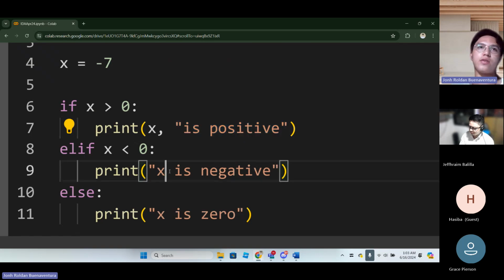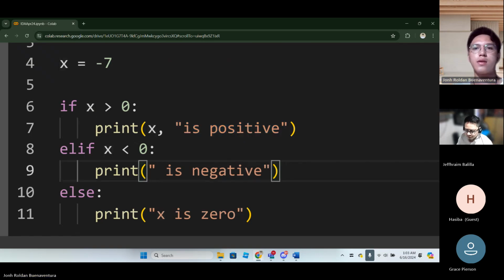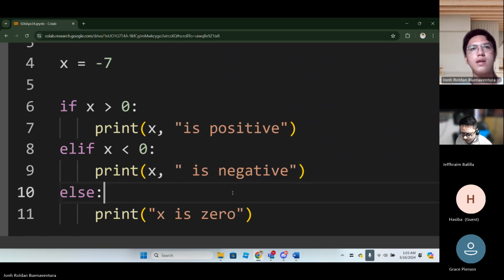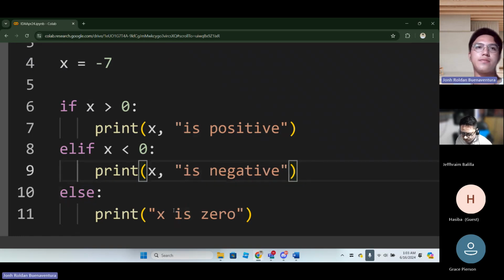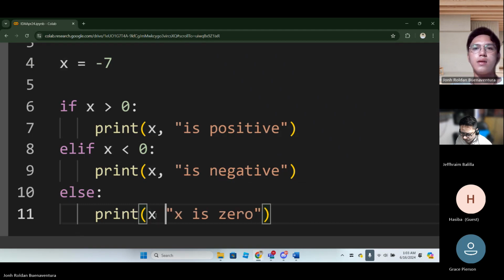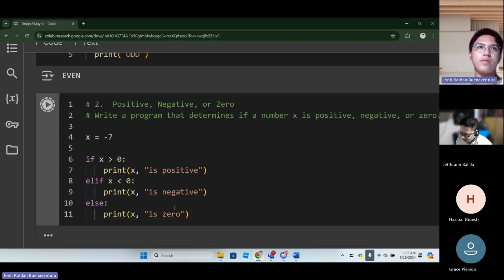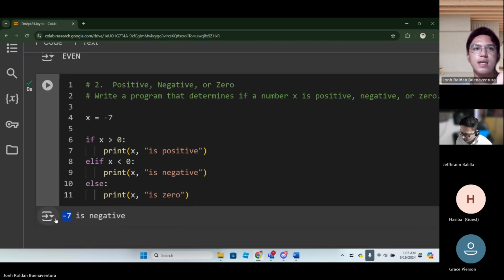It's positive, it's negative, or 0. So we just transferred it outside of the quotation, so that when we run it, we can see the number itself. That's only a recommendation, but your code is correct. Okay. So good job on that, Hasiba.